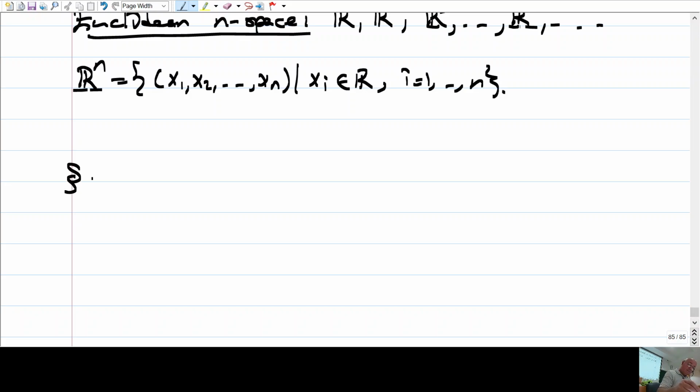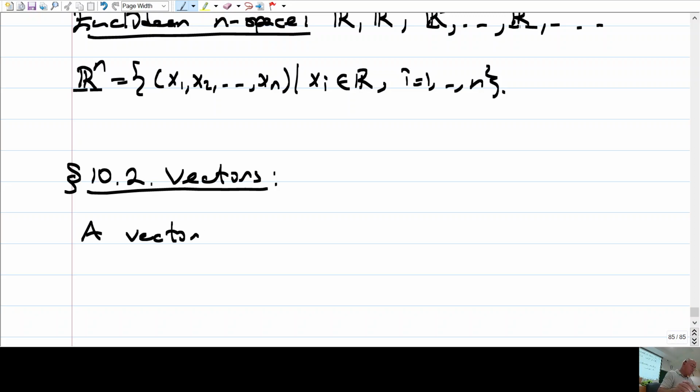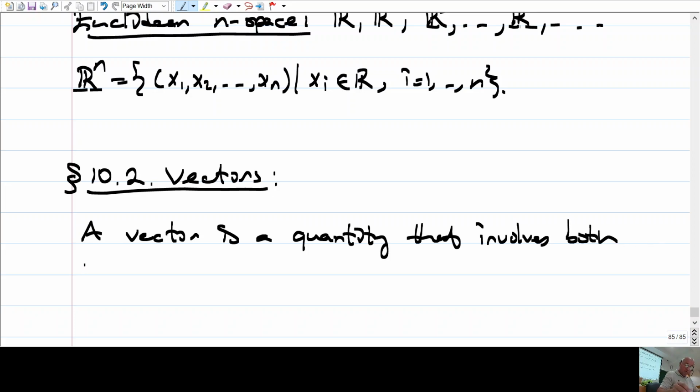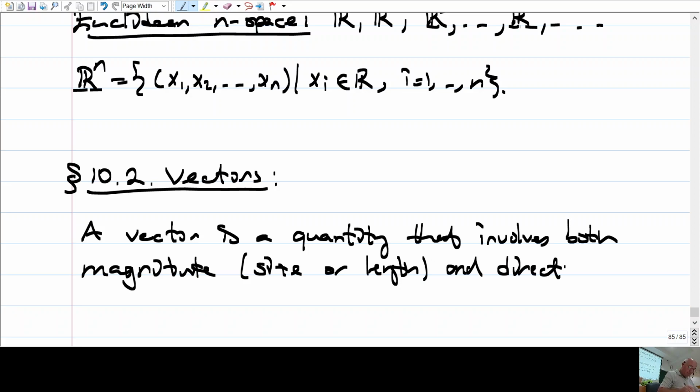Okay. Next section is vectors. So a vector, let's describe what a vector is, is a quantity that involves both magnitude, which is usually size or length, and direction. Okay,